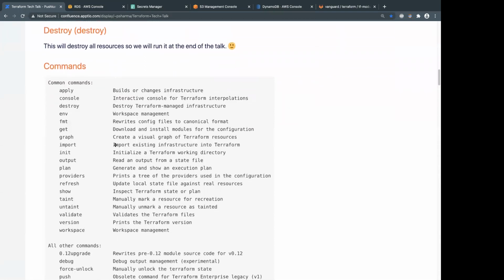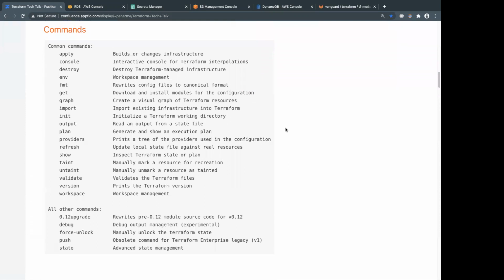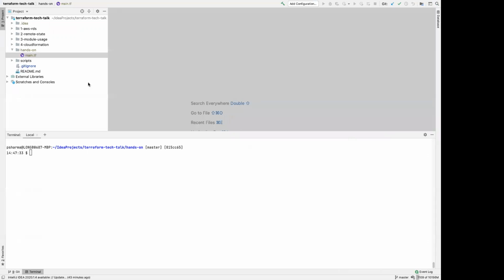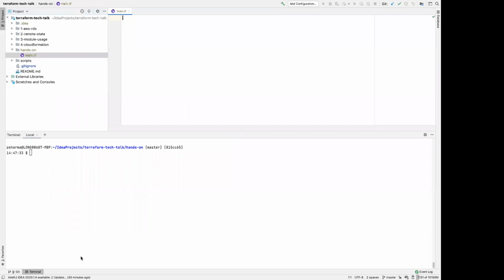Here you can see I have a picture showing all the commands available. This document will be made available to you, so you can go through it and read it in your free time after the talk. So let's jump to the hands-on. If you see over here, I have a repository ready. I have a folder over here called hands-on. Inside that, I have a file called main.tf. So let's start